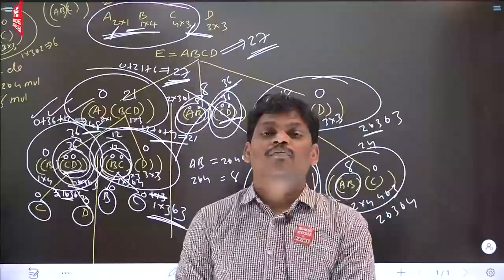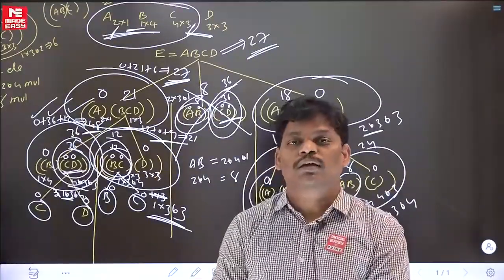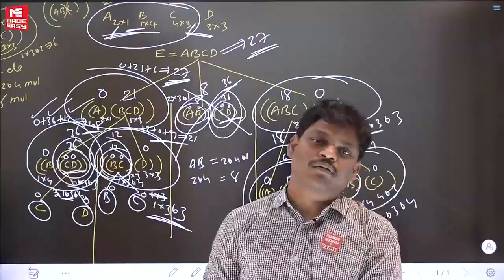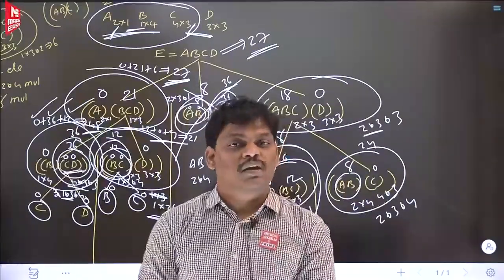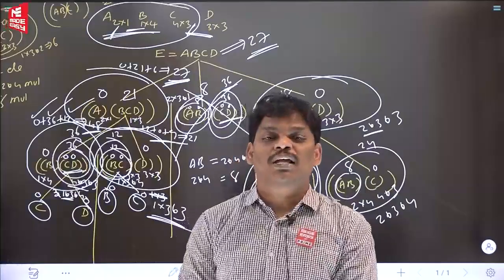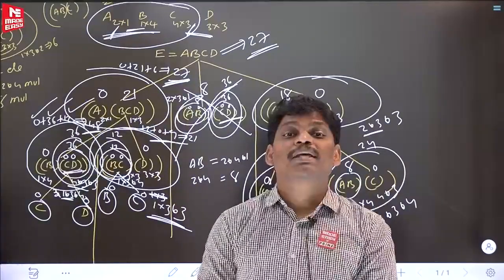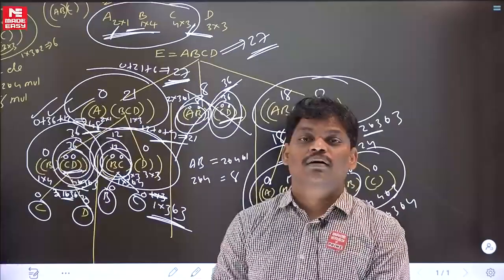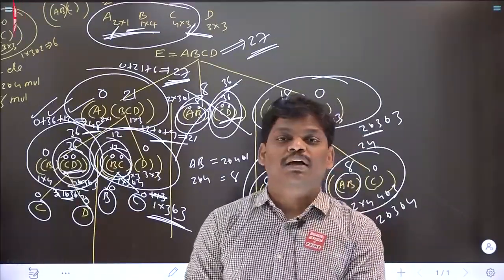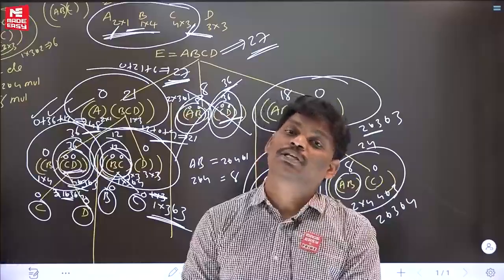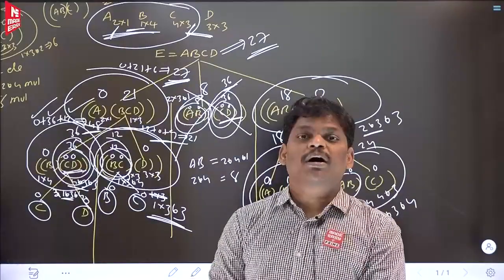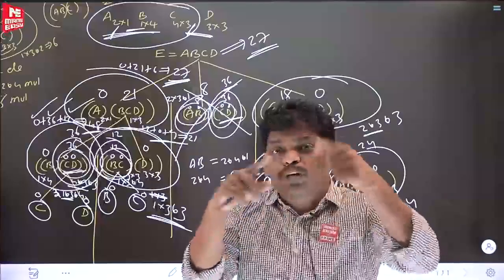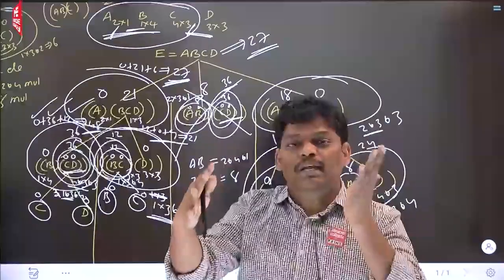If you want, you can check. Fibonacci, the first application, what is it? Fibonacci of n contains an n level tree. If you want, you can verify. Fibonacci of 6, 6 level tree. Next one, the LCS problem, LCS of m comma n, m plus n level tree. Next one, 0/1 knapsack. What is the answer? n plus 1 level tree. Please check. Sum of subset and 0/1 knapsack, both are the same. So in every problem we are verifying how many level tree is coming.